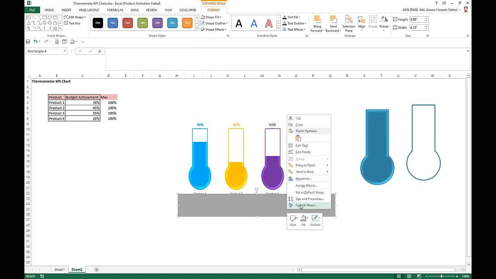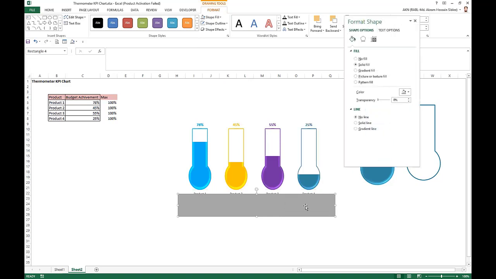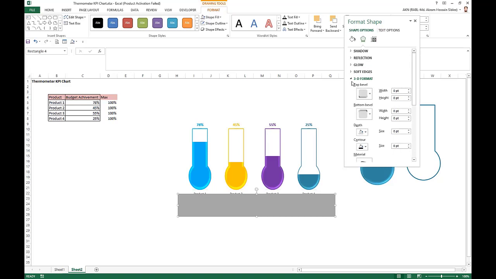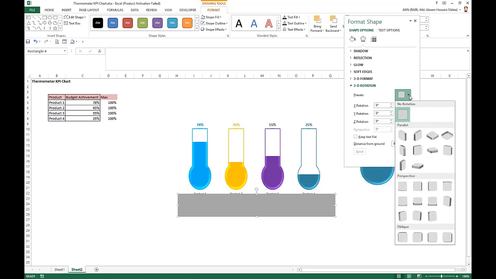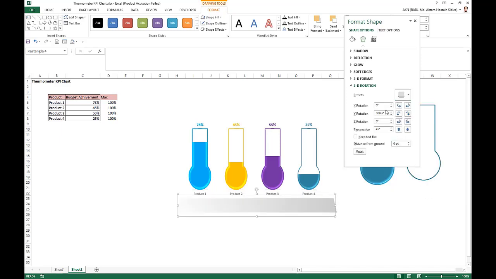Now right click on the shape, go to Format Shape, go to 3D Rotation, take preset as preset 7, perspective as perspective relaxed, and take rotation as 360 degrees, or whatever we have, we can take it here.